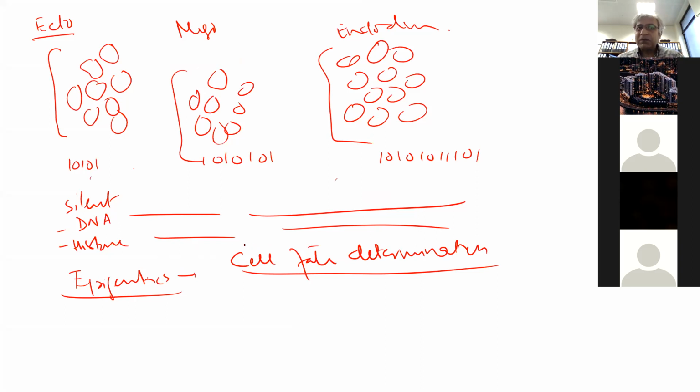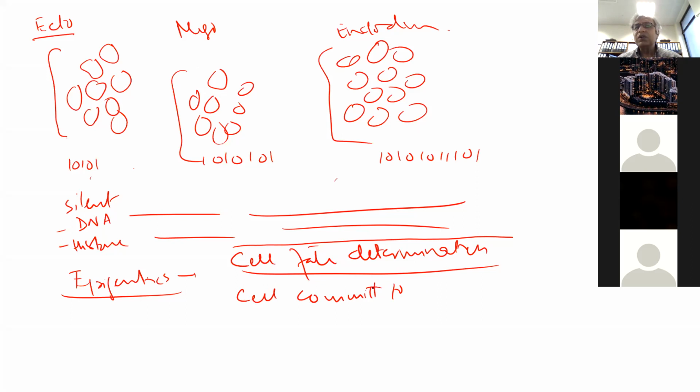The word is beautiful: cell fate determination. The fate of every individual cell is determined at this particular stage by differentially regulating gene expression, by switching on and switching off those key developmental genes, 200 or so, which causes cells to commit, and the word is commitment,